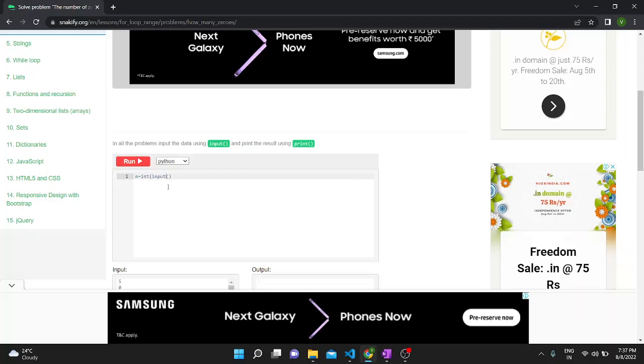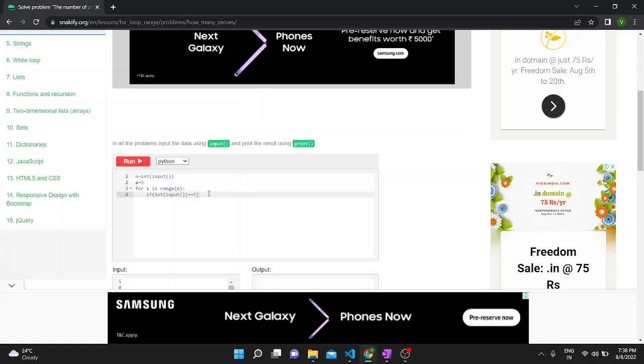and I would take a variable a and assign it 0, and then I would start my for loop, and using range function I would check each number. If I find a 0 somewhere, I would add a check condition here: if whatever input the user has entered is equal to 0,